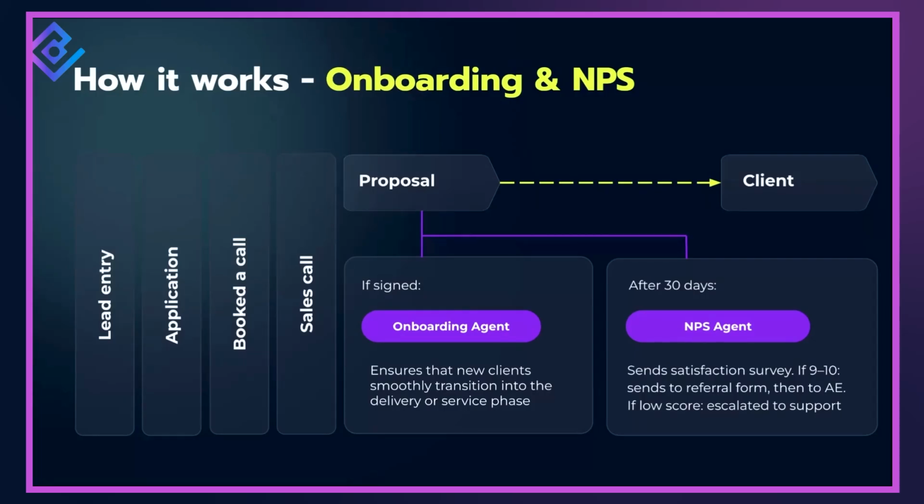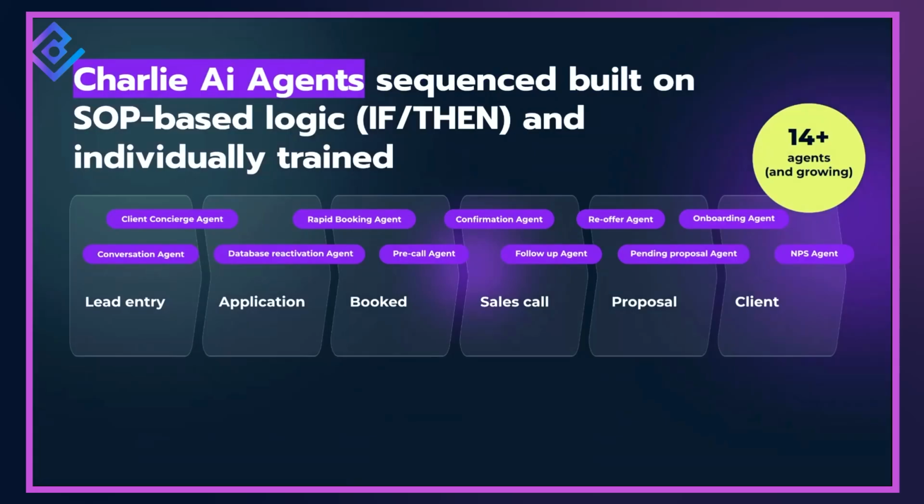If they've been a client for more than 30 days, we have an NPS agent reaching out to see how their experience is, to generate new referrals, right? So Charlie gets individually configured and trained for all the different pipeline stages throughout the entire sales process, which is why when we deploy it, it's just so turnkey, right? I just don't do a good enough job communicating just how different it is to plug Charlie into your actual sales pipeline. So it helps us automate our entire lead management from the time a lead comes in to the time we put dollars in our bank account.